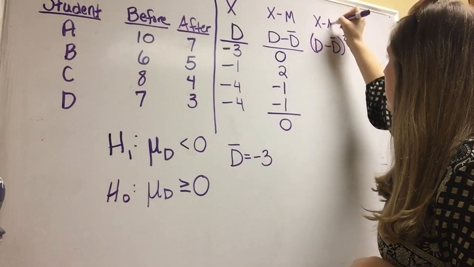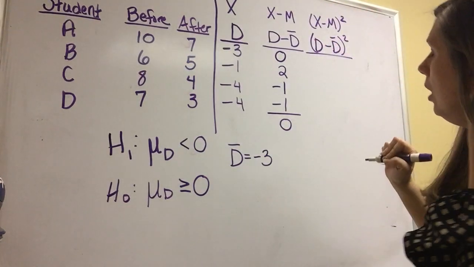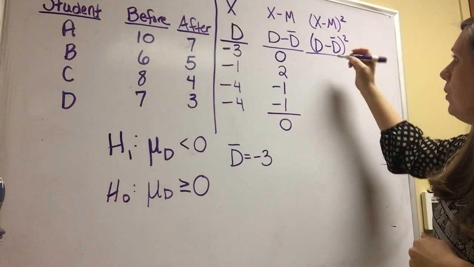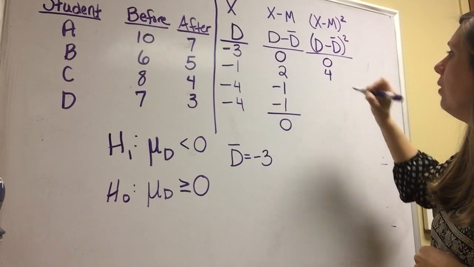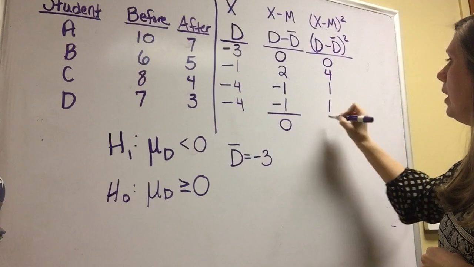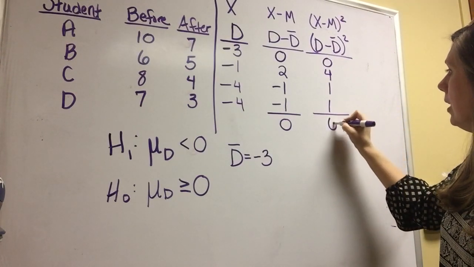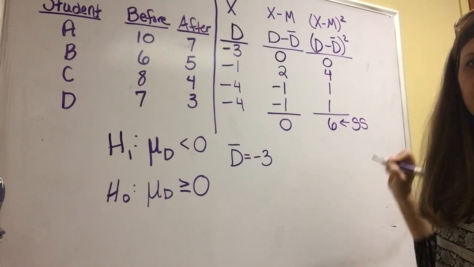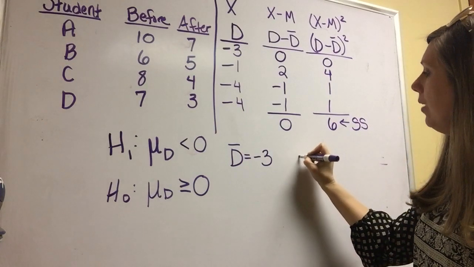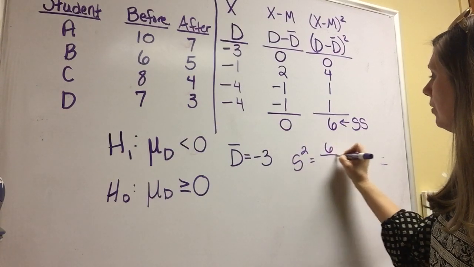Again, this is the same as our x minus m, except we're squaring it now. So 0 squared is 0, 2 squared is 4, negative 1 squared is 1, negative 1 squared is 1. So when you add those up together, you should get a 6, and that is your sums of squares. We want the variance, so we're going to take that sums of squares and we're going to divide by n